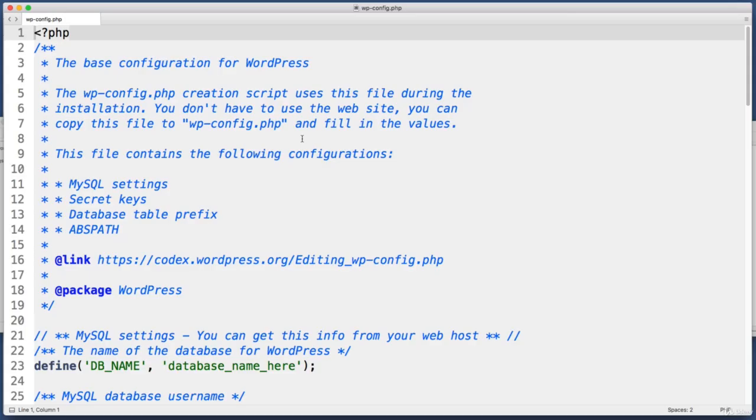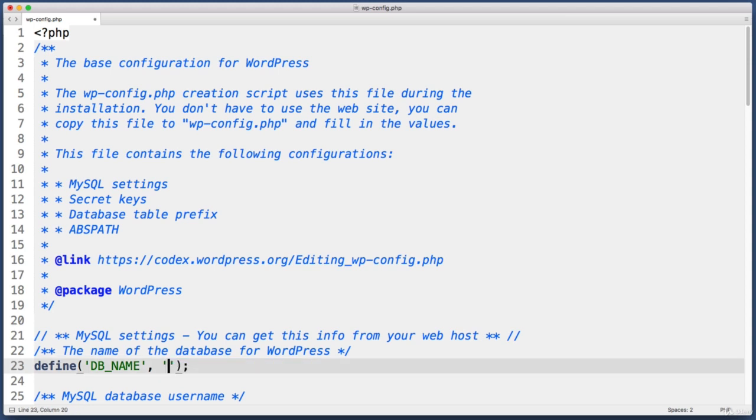Here it is. And now I want you to scan down the page visually a bit, and we are looking for this line of code. It says define and then db_name, and what we want to do is edit this part that I'm highlighting right now, the part that reads database_name_here. Now, if you are using my VirtualBox and Vagrant local server environment, all you need to do is replace this highlighted text with